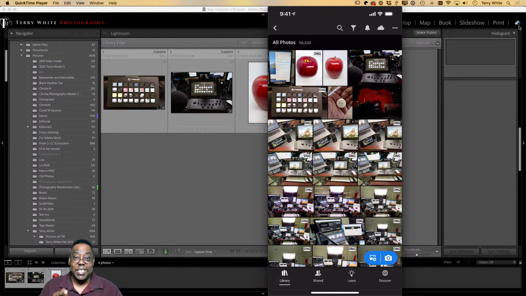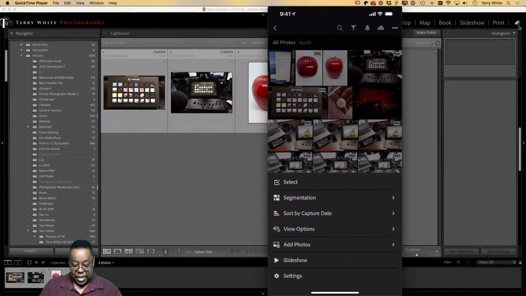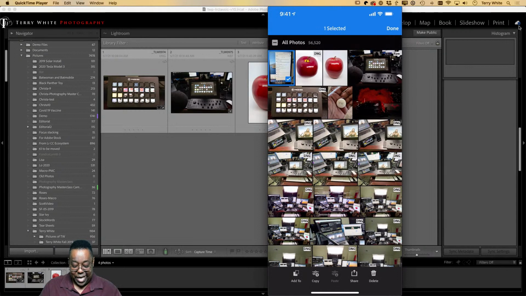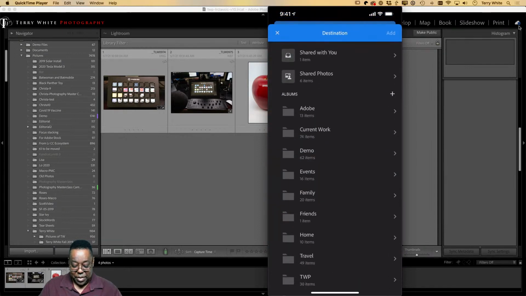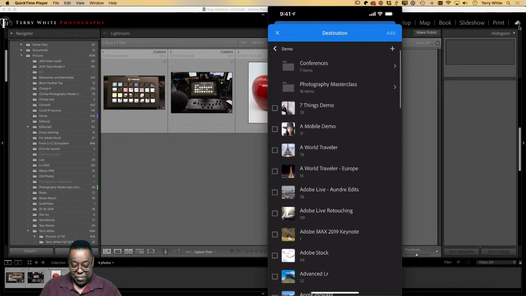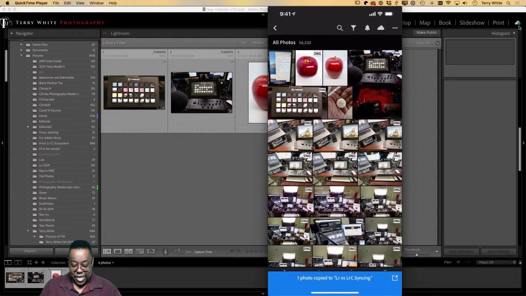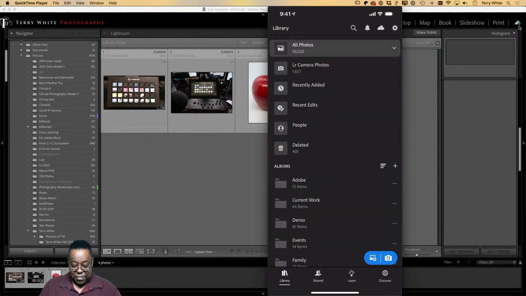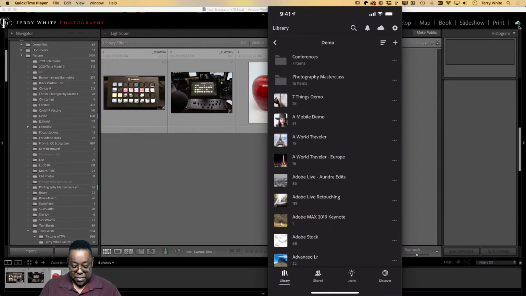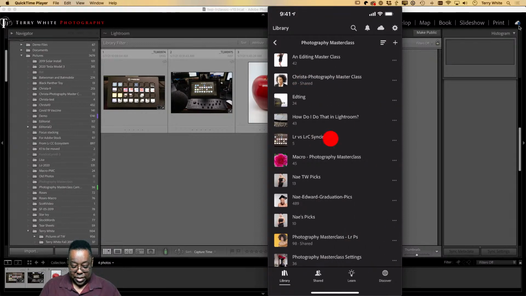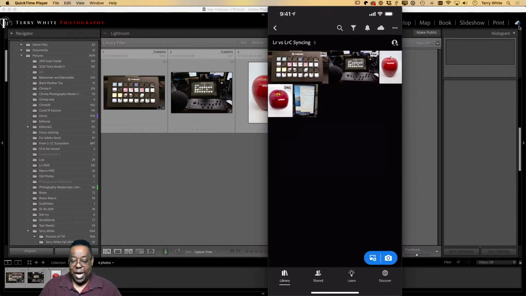You're right. Right now, it's not in the album. What you missed was I then selected the photo, and I said add to at the very bottom. And I chose to put it in that album. You might have missed that part. So I said, add it to this album, done. So now if I go to that album, demo, Photography Masterclass, it should be there, and there it is. So now when that one finishes syncing up, it'll be on all the devices. So that's how it got into that album from the phone. All right.